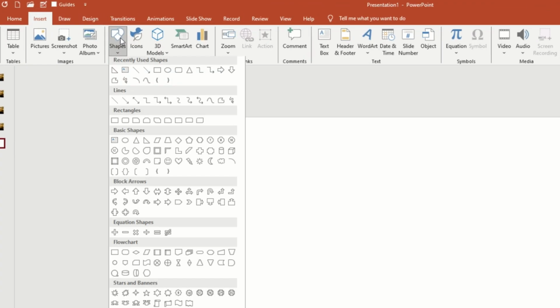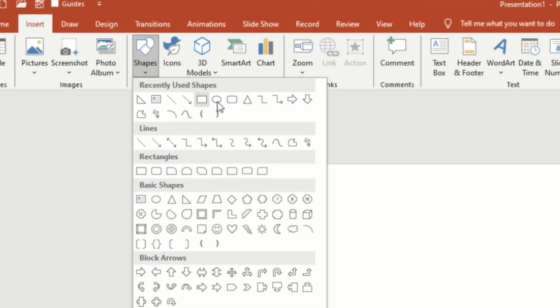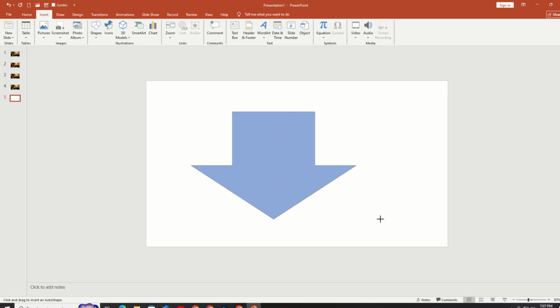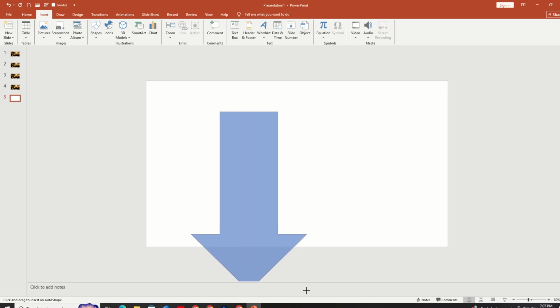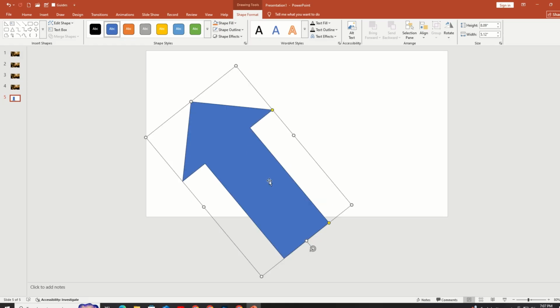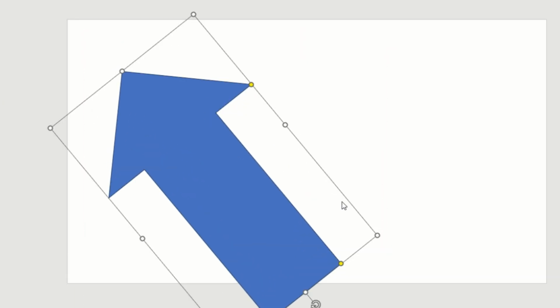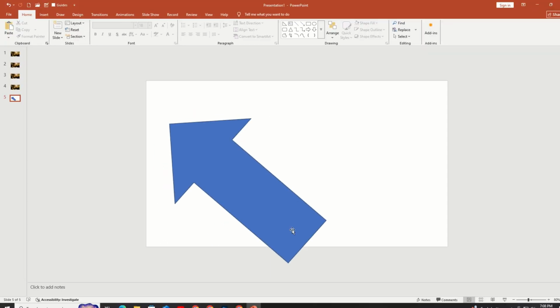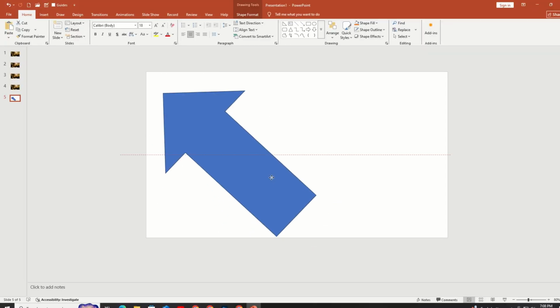So let's start. First of all, we are going to go to shapes, and from here what we're going to do is open up this arrow and insert it into your template. Next we are going to rotate it into the complete opposite side like this. And then we are going to rotate it a bit so that the arrow size is equal and straight to the